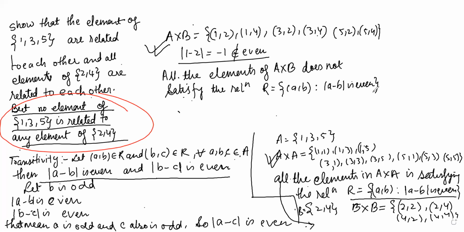Now, I hope you have understood how to prove it, beta, for symmetry also. Try to write that a and b, since the relation is already given, that (a, b) belongs to R. So if (a, b) belongs to R, then both a and b will be either odd or both will be even. So in that part you just add that statement, because I told it but have not written it. Odd minus odd is even, even minus even is even. So whatever a and b are, they must both be odd or both be even, then only it will satisfy the condition. So I hope you have understood how to solve these questions, beta.